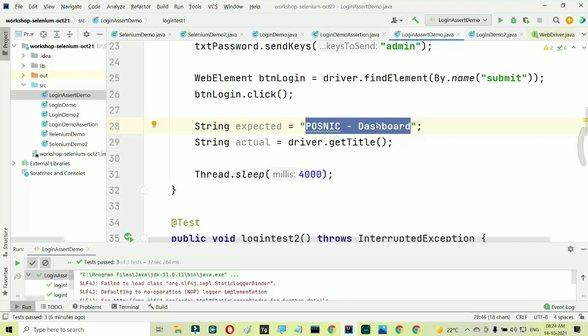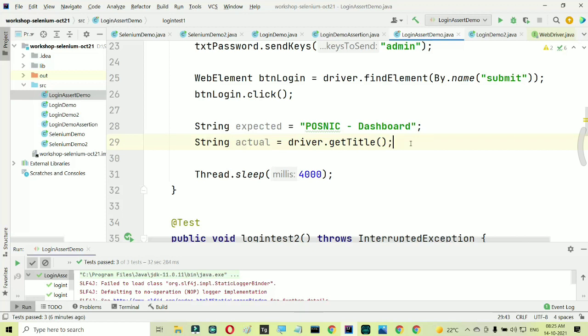Now two things are strings. So tomorrow these might be two different integers, or two different lists, or two different array lists, right?